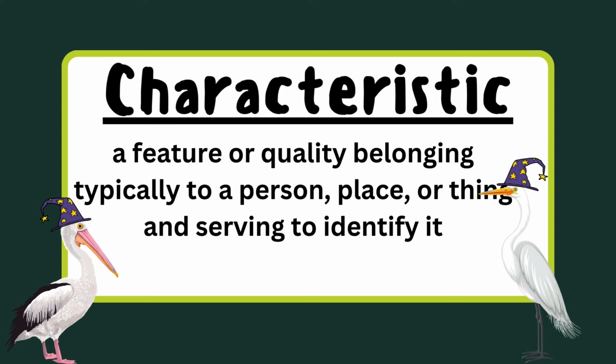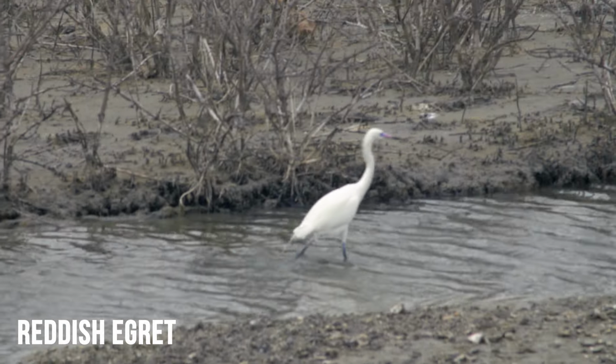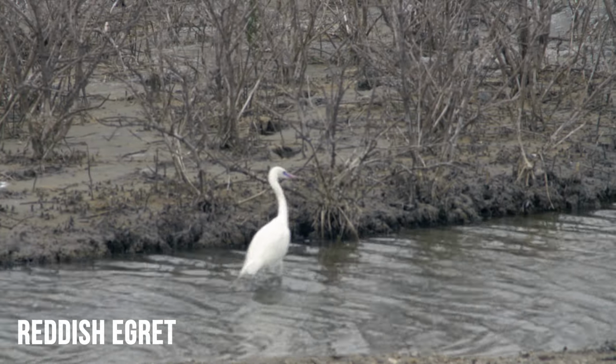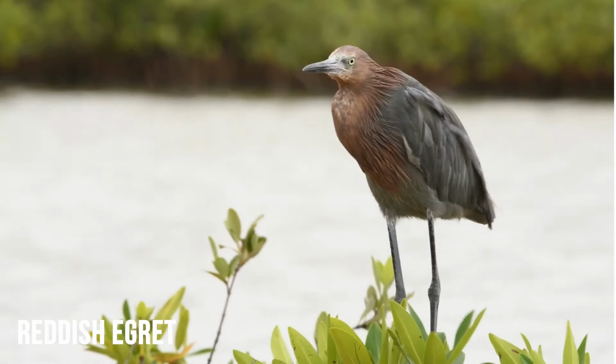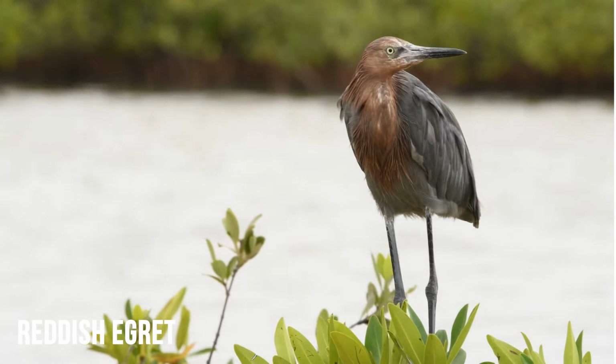Now, we also saw a bird that was pure white, beautiful white feathers, but it was called a reddish egret. Now, why would a white bird be called a reddish egret? Well, it turns out some of them are white and some of them are reddish. Again, why would that be? Another opportunity for you to dig in and see if you could figure out why the same species would have two completely different colors. And the other thing about that